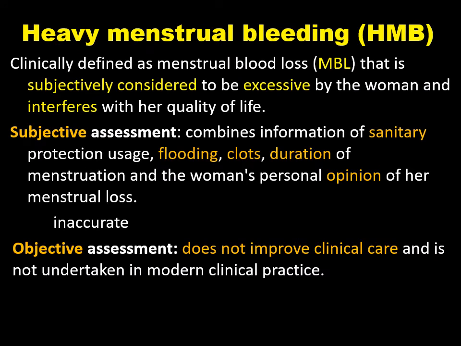Heavy menstrual bleeding is clinically defined as menstrual blood loss that is subjectively considered to be excessive by the woman and interferes with her quality of life. The other term that we use is menorrhagia. Menorrhagia is the same as heavy menstrual bleeding. It is an older term and it is defined as regular cycles with increased amount and or duration of the